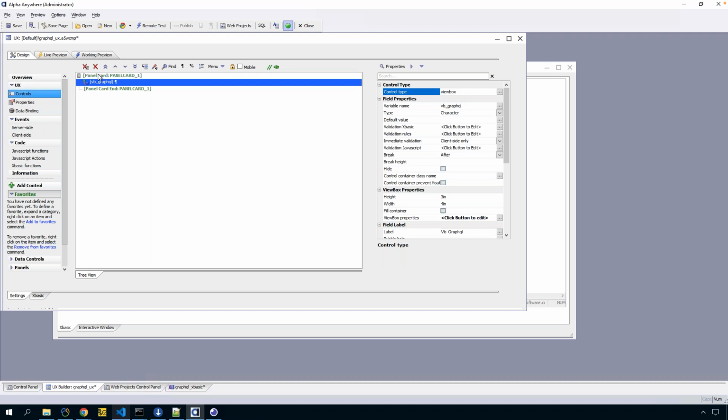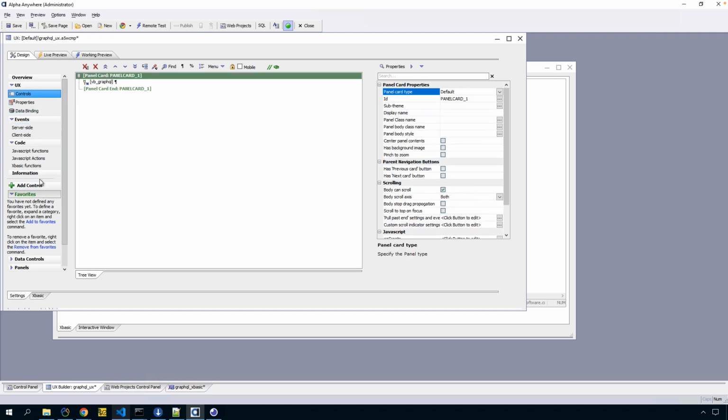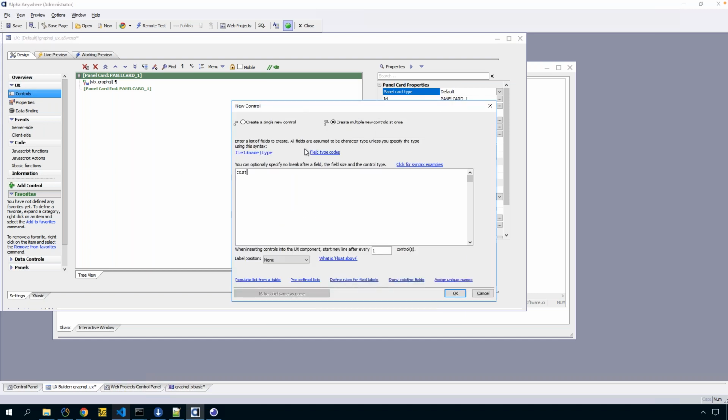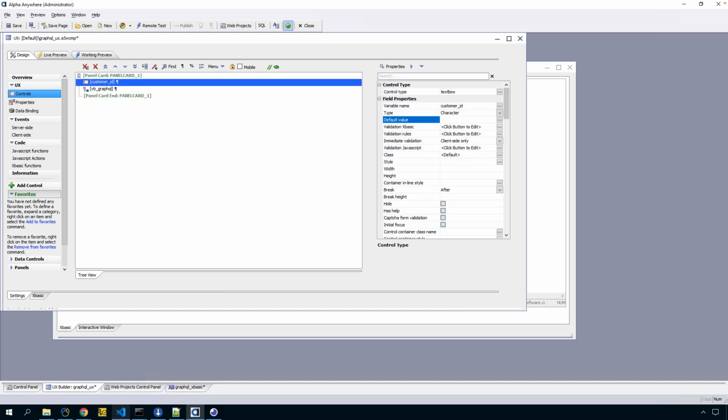So what I'm going to do is just go in here. I'm going to add a text box. Let's call it customer ID, I think that's what it's called. Here, hold on a second. Customer ID. Okay. Add control, text box. There we go. Add it, and then I'll go customer ID. There we go. And I'm going to default that to AlphaKey just so if I run it without doing any,